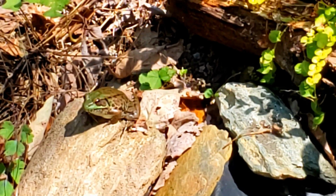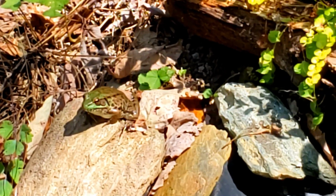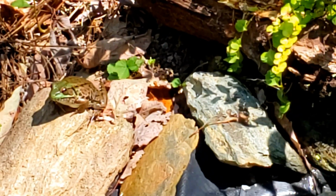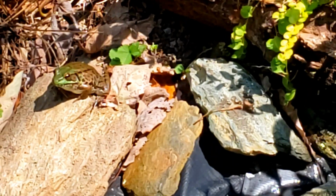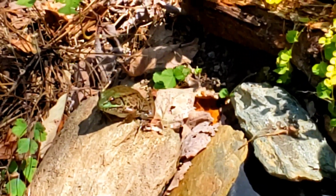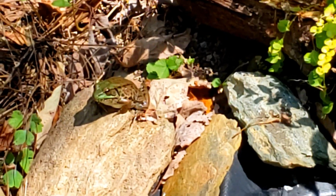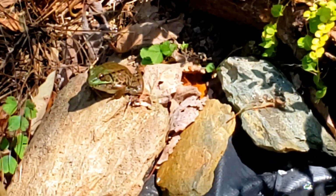That frog you can hear talking is not the one we're looking at. I just wanted to shoot a quick update on my pond here. As I walked up, two frogs jumped in the water, and then I noticed that big old bullfrog sitting on that log over there, or sitting on that rock over there. So let me